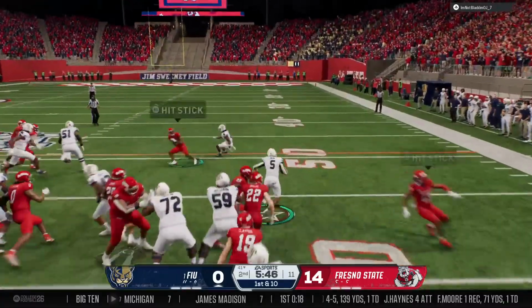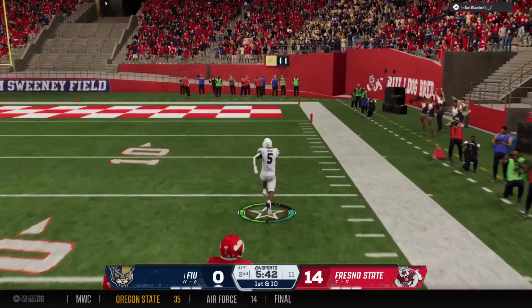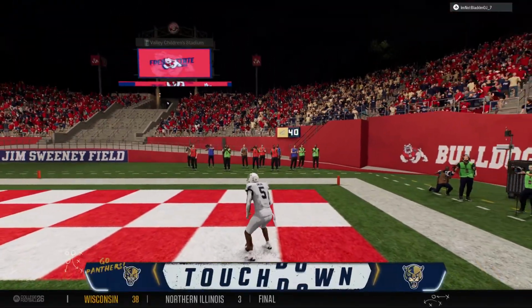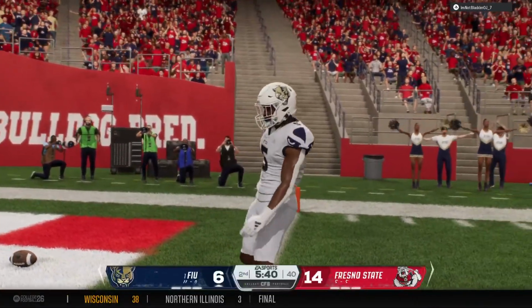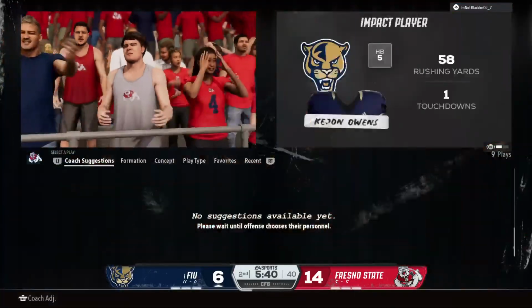Power football with the run. Oh, better look out. Flying down the right side. Turning it on. And he ran away from the crowd, and he'll take it in. Touchdown, Florida International. And to have a rushing touchdown of that type of yardage, you've got to be able to